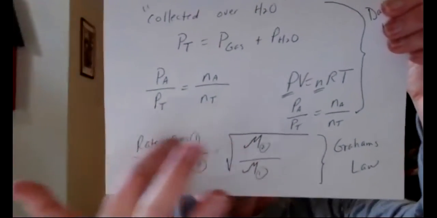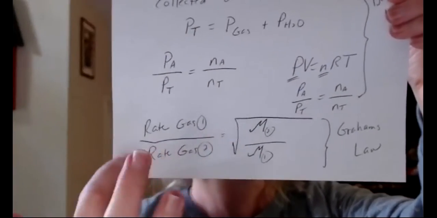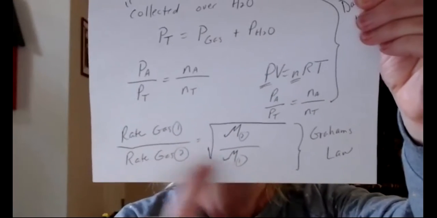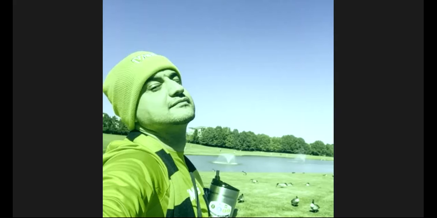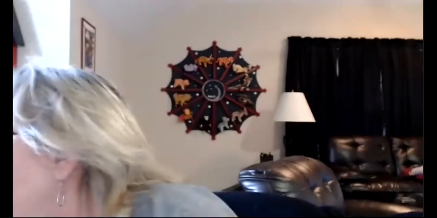The first gas you read in the word problem goes on the top here. The second gas you read goes here. It is an inverse of their molar masses, and don't forget the square root. This is the gas laws. 6 formulas. Now, I will say, for your final exam, you can't have those formulas. You have to know them.